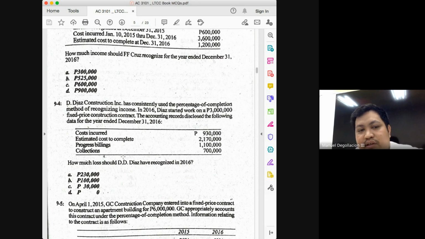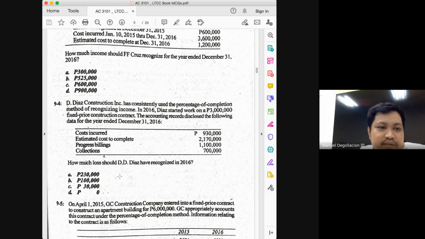Because the progress billings account is no longer used under IFRS 15. Basically, the difference, class, would be as to the accounts that will be used. So insofar as the problems are concerned, for progress billings, we'll be using contract liability account, which is a form of an unearned income account. You will recognize contract liability every time you make a billing. Every time you bill your customer, you will recognize a receivable as a debit, and you will credit contract liability, which is in essence an unearned revenue account.